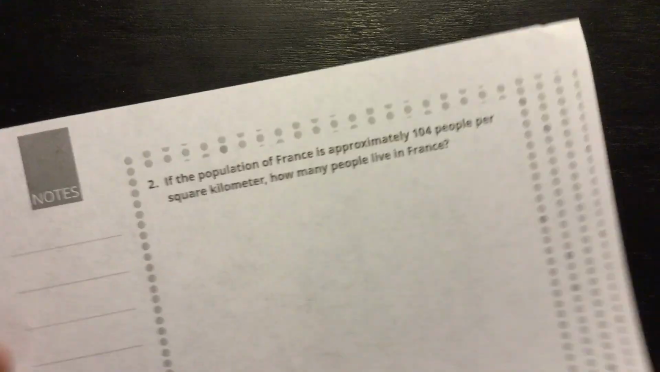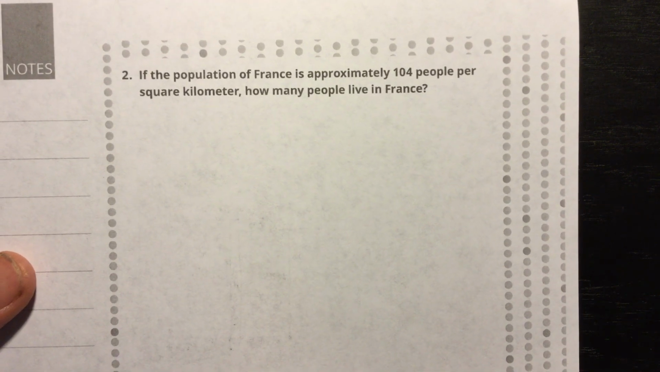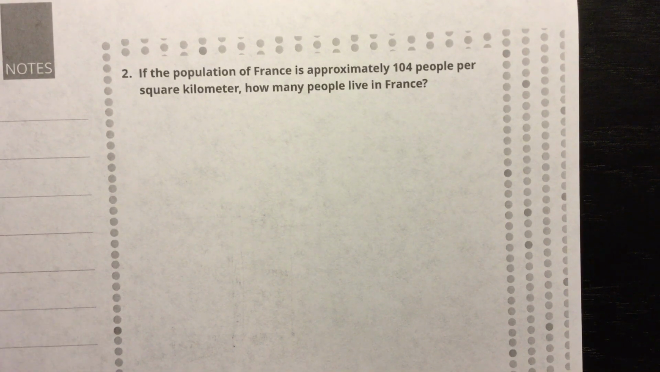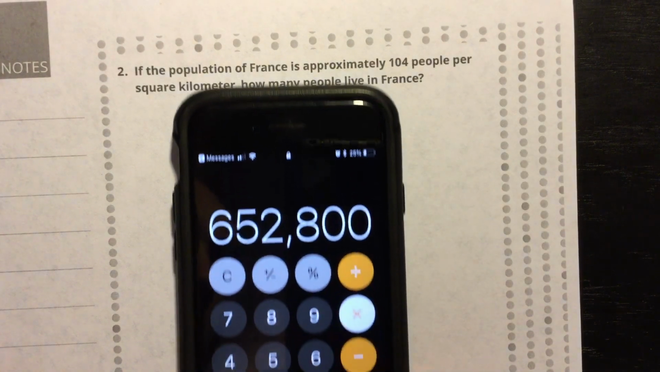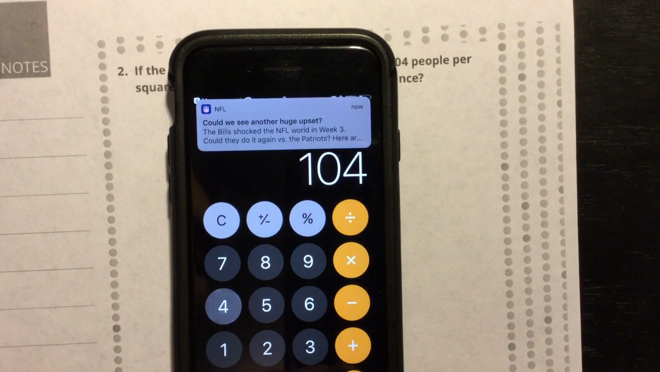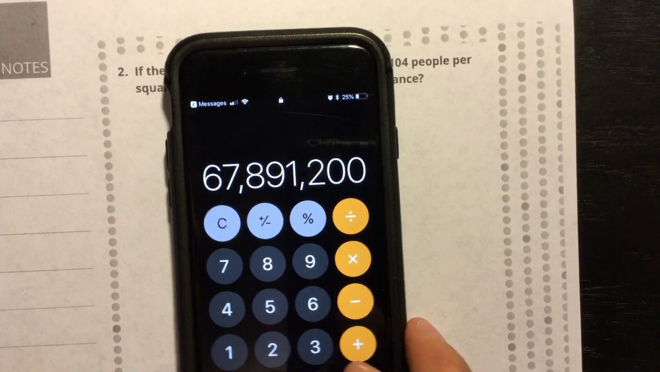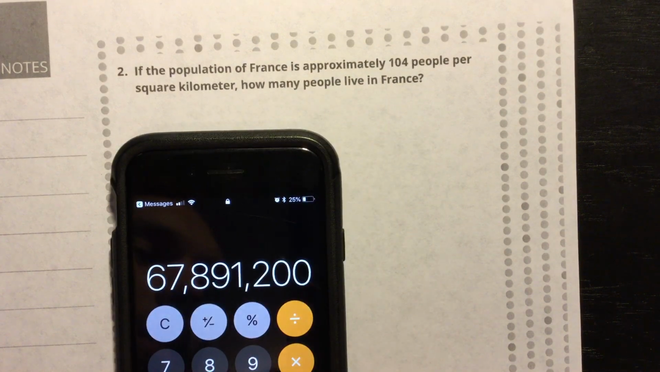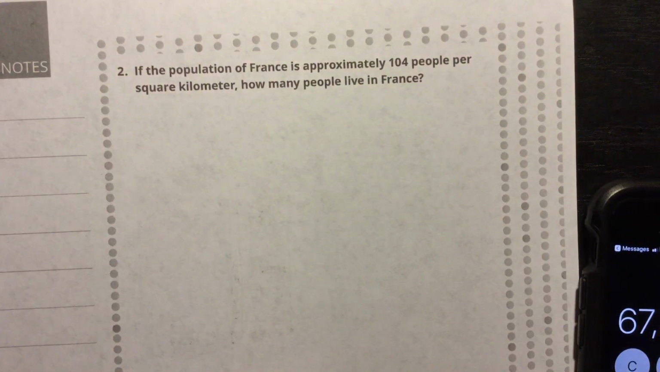Okay. The back part, we got one question. Back here, if the population of France is approximately 104 people per square kilometer, how many people live in France? This one's nice. Okay, we have our square kilometers, and we say 104 people live per square kilometer. So I'm just going to take this number, and I'm multiplying it by 104, and there's an NFL update. I do like football. Okay, so that means that approximately 68 million, I'm going to round a little bit on this, approximately 68 million people